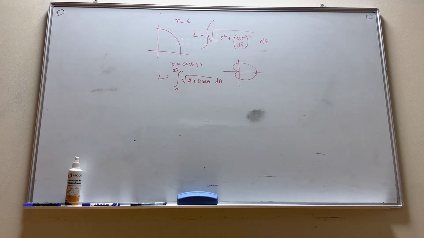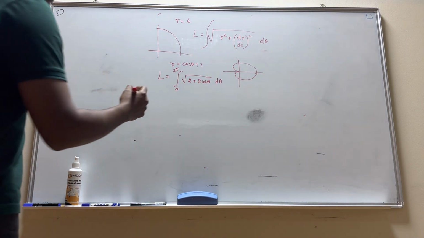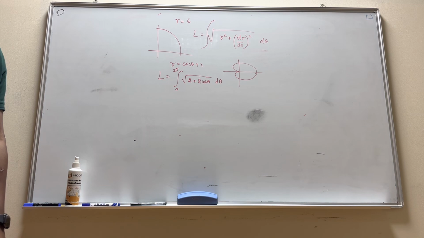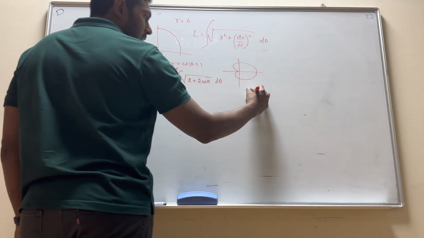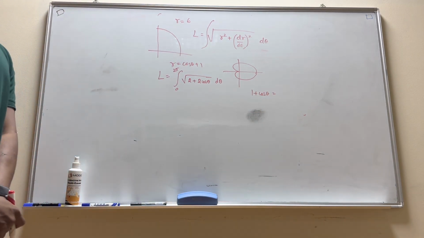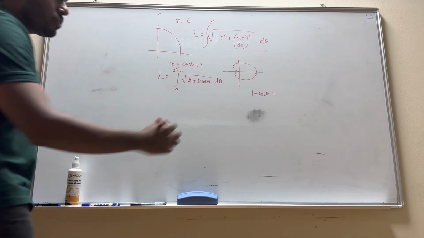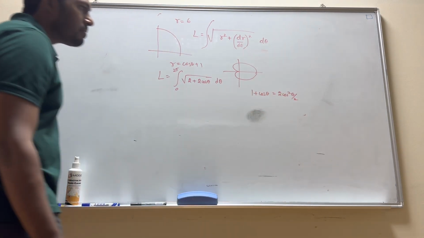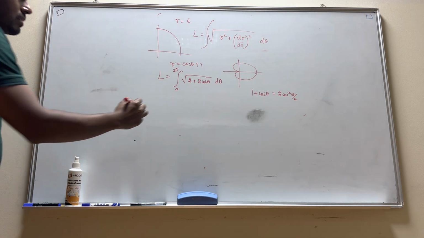Nobody? I'm stuck here. Tell me, any guesses? 1 plus cos theta. What can I make this? 2 cos square theta divided by 2. So this becomes